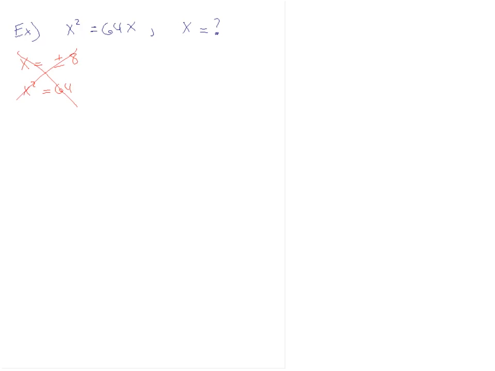So that's out. Another common trap is to say, well, I'm going to divide everything by x. Well, although that seems like you should be able to do that, the issue is that if x were 0 and you divided by x, you would actually create an undefined equation. So that leaves us with